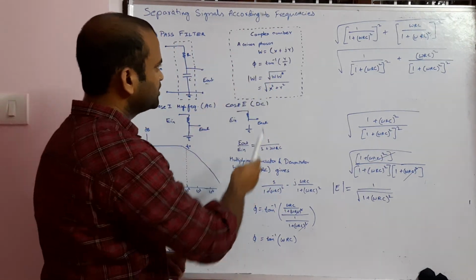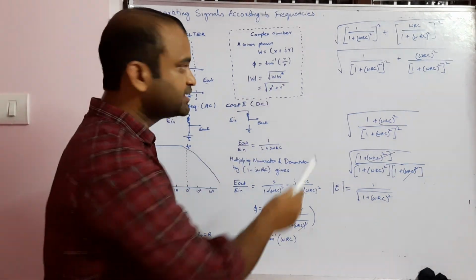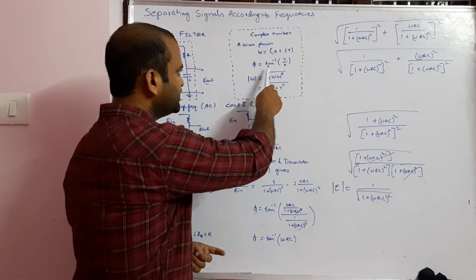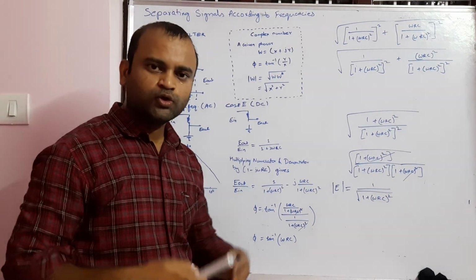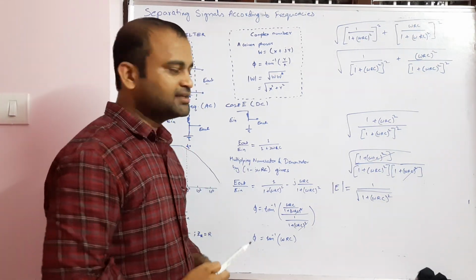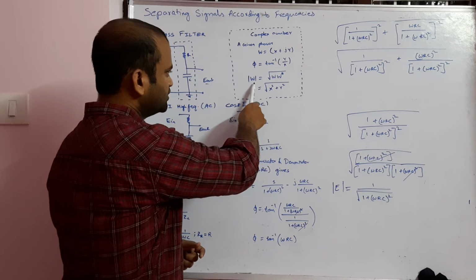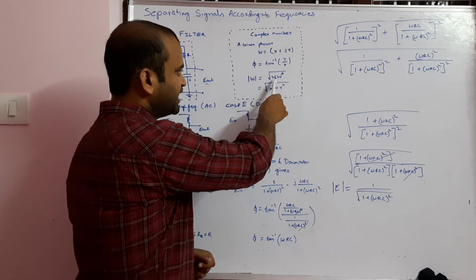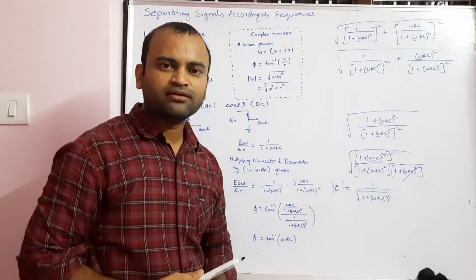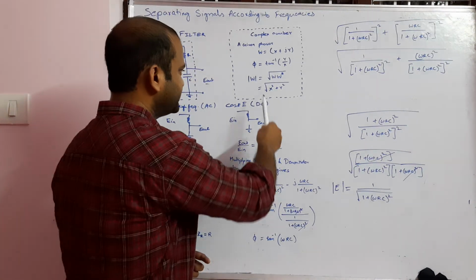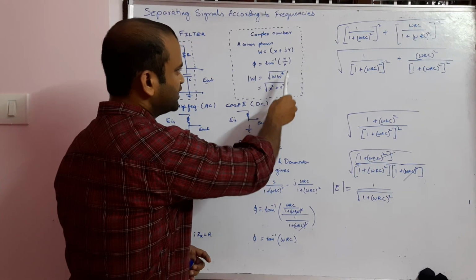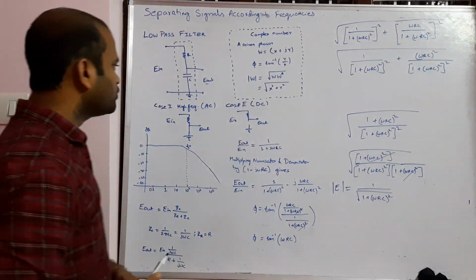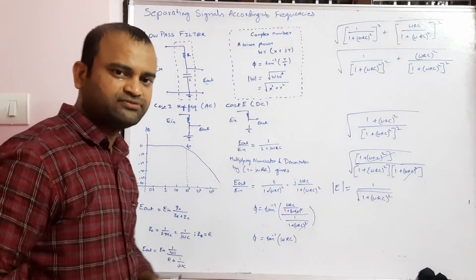For a complex number in phasor form, that is W is equal to x plus jy, the phase angle of that phasor would be tan inverse of y by x. And to find the amplitude of that phasor, the modulus of W is equal to the square root of the product of that signal multiplied by its complex conjugate, and that gives the square root of x square plus y square, right? Now keeping these formulas in mind, let us proceed further.